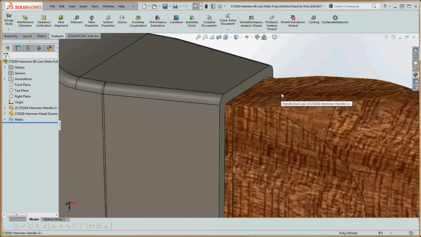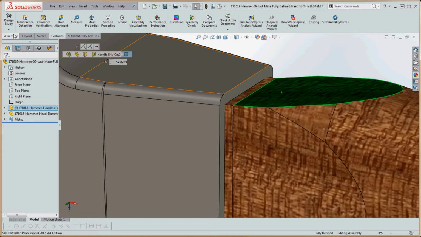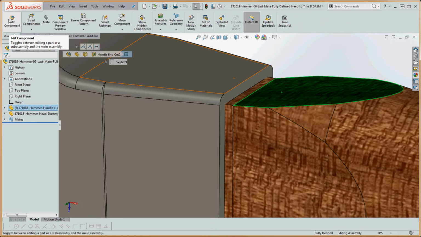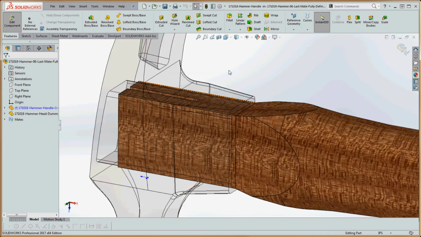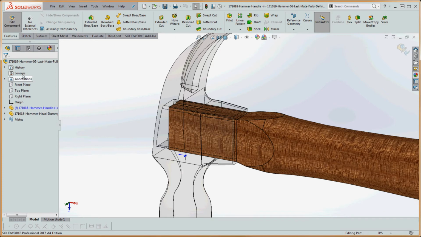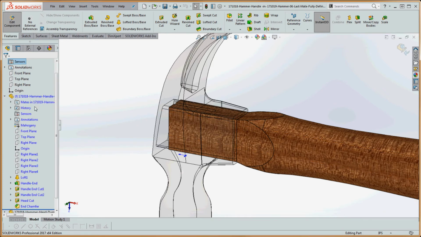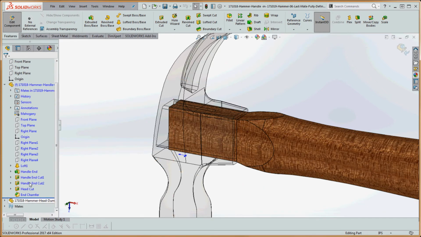So another way of making modifications to your models, to your parts within the assembly, is just take the part itself. If you were to click on that part and go over here to Assembly and go to Edit Component, it allows you to do all your editing within the component itself. So everything that's not going to be edited sits in the background, kind of transparent. You'll notice it over here in the Assembly Feature Manager tree, and we now have the part, and it's in blue. All the elements in that Feature Manager tree are blue, all the text that defines all the sketches and the features that we have in there,